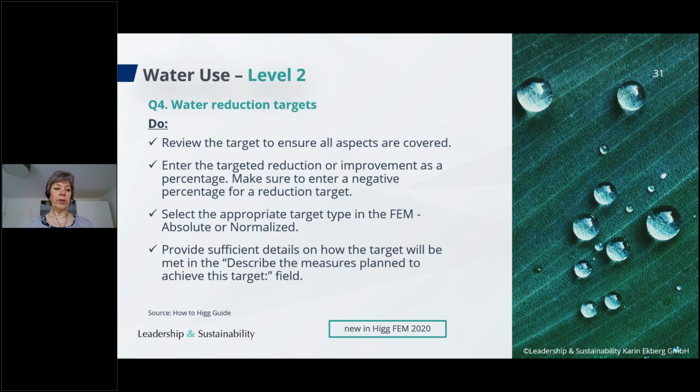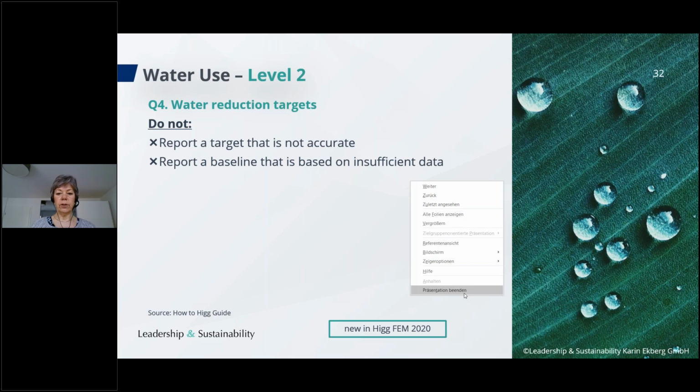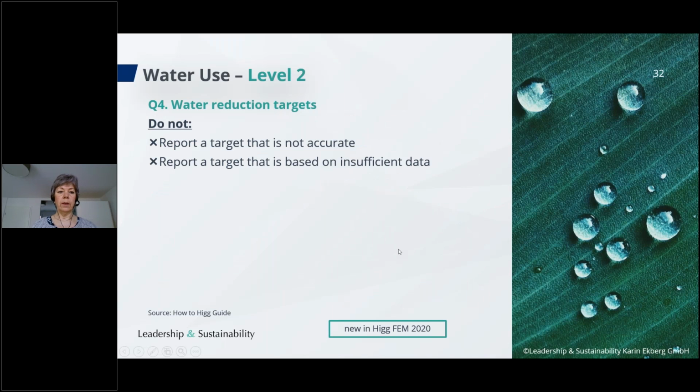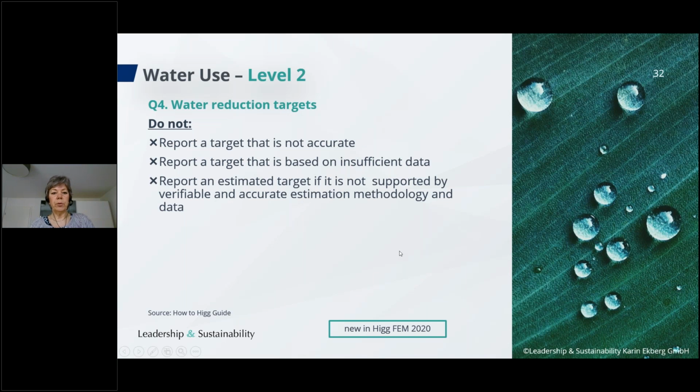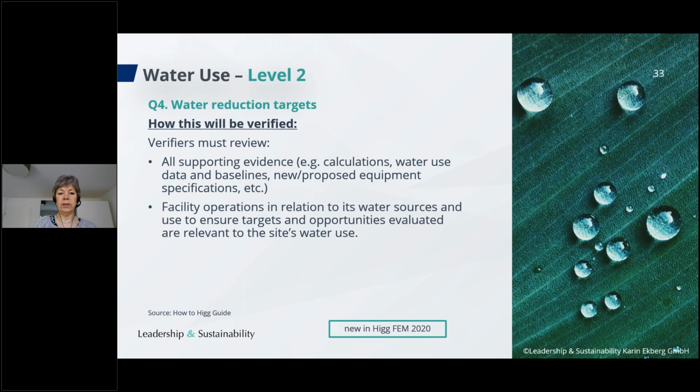So a lot of information that we are asking for here. You should not report a target that is not accurate. You should not report a baseline that is based on insufficient data. And sorry, it should actually be target here. Okay, and then you should not report an estimated target if it is not supported by verifiable and accurate estimation methodology and data. The verifiers again have the task to review all supporting evidence, the calculations that are available, etc.,